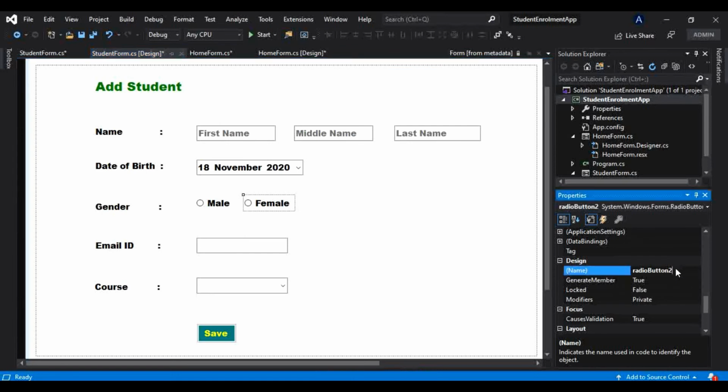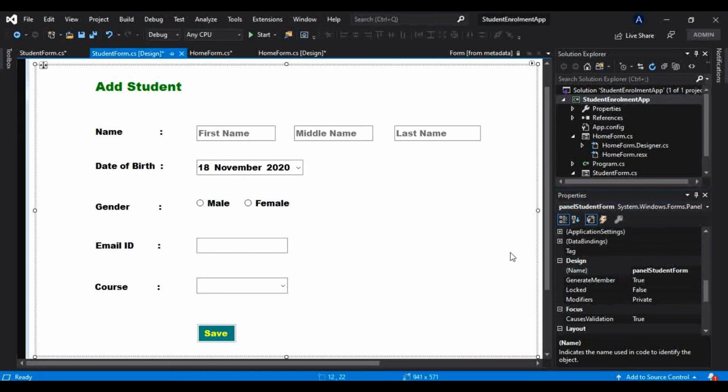So here I will give radio button female, and to this text box, that is email, txt box email, and this combo box I will keep as combo box courses.